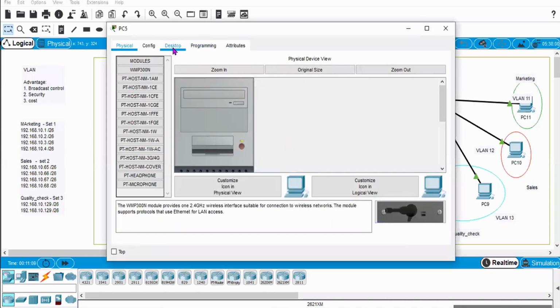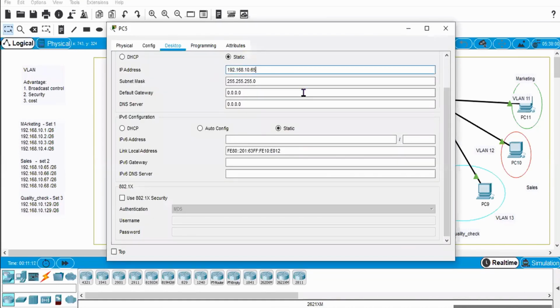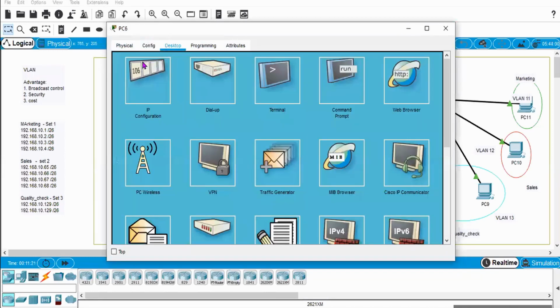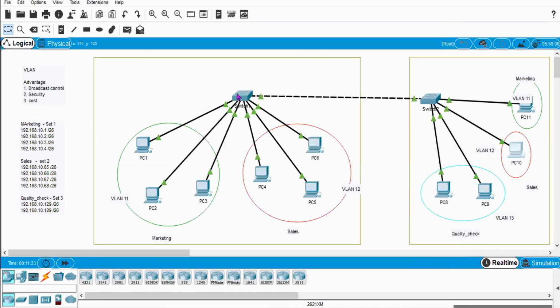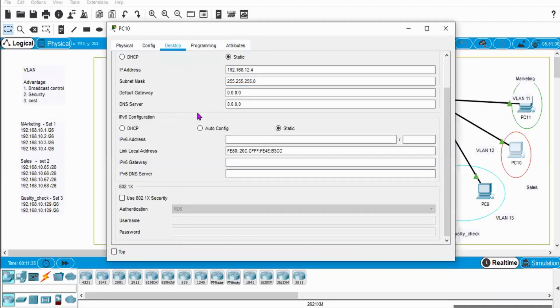Then PC number 5, 66, 192. This is 67 and 192. And one more sales department PC is there in that second building, so that is 68 and again 192.